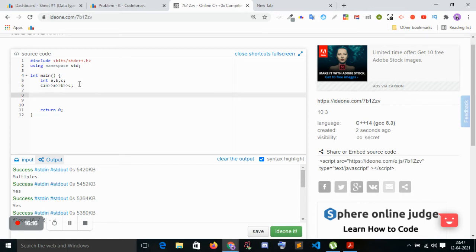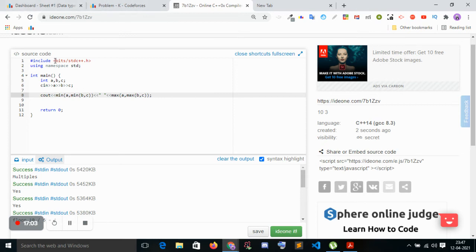So let's try to see our min. Min contains always only two inputs. You remember min always takes two inputs. So min a comma, but I have three inputs, so min b comma c. First it will do min b comma c, it will give the minimum, and then whatever minimum it gets from b comma c, it will check with a, and after that it will give the result of min. And we do the same with max: max a comma max b comma c.